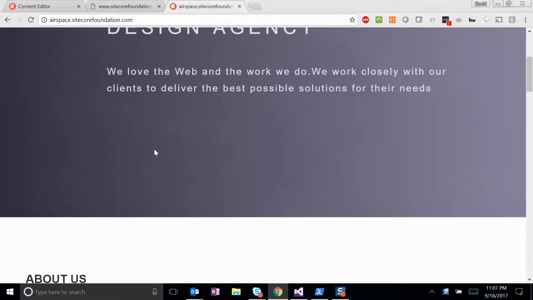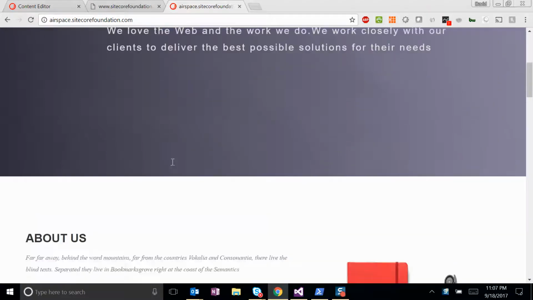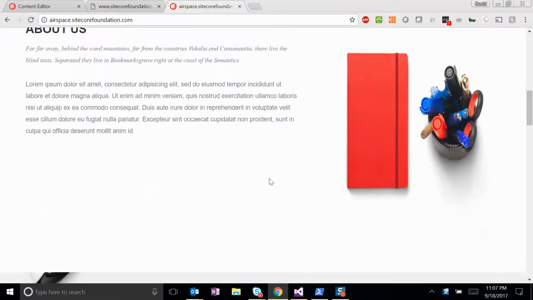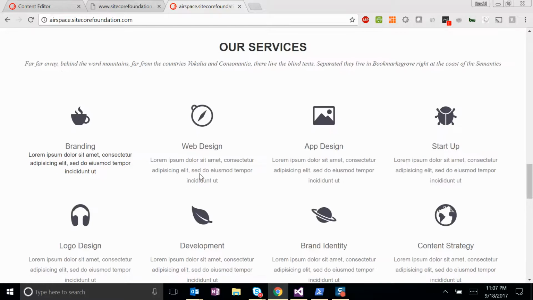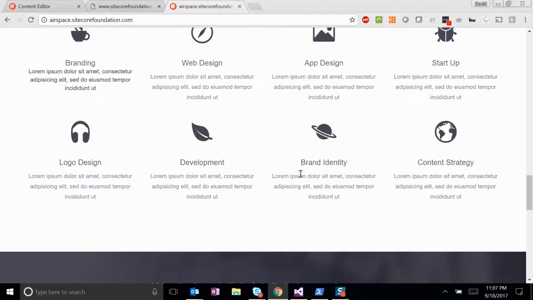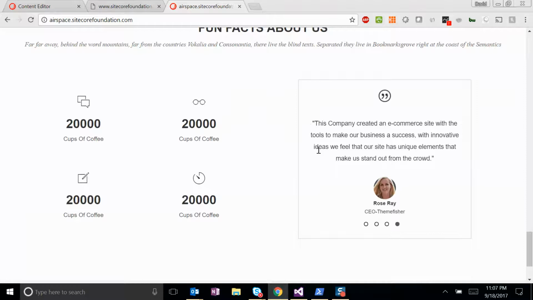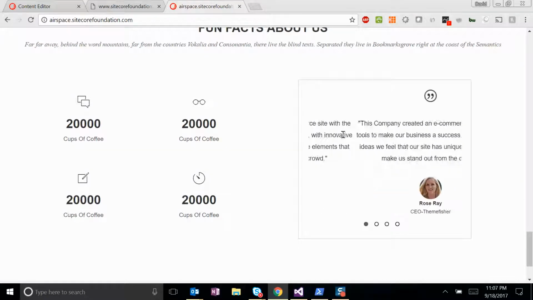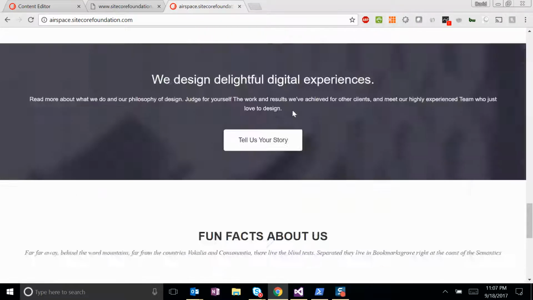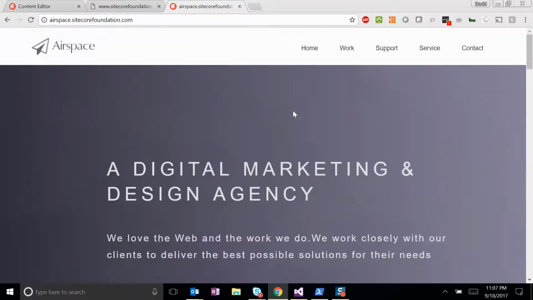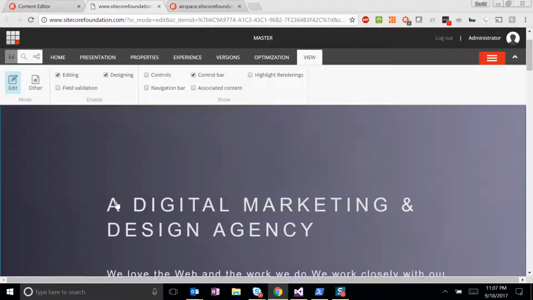But if you look at this, you have different areas and sections, like this collection of 8 different content areas. And then you have facts and a little carousel. So pretty typical of a microsite type page structure. And if you look at this in Experience Editor, you can see it's exactly what you